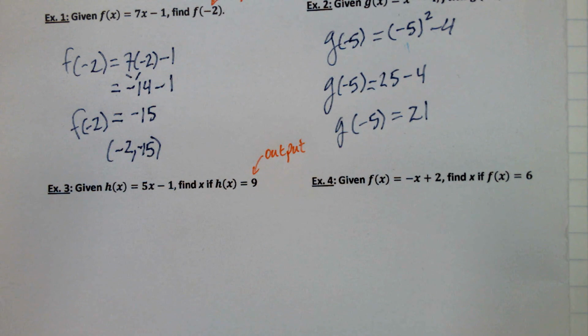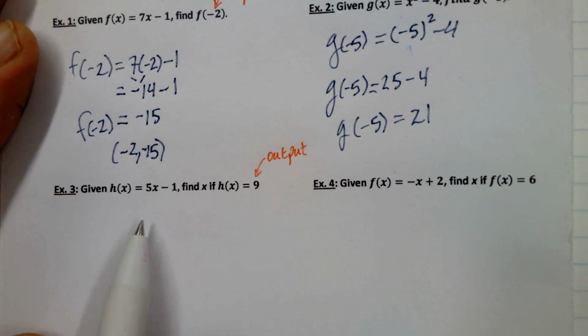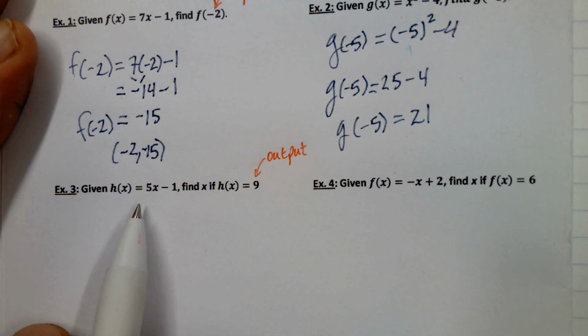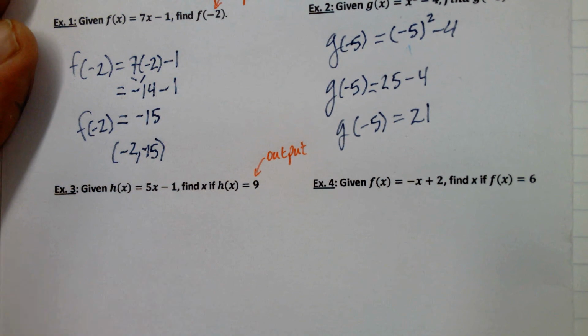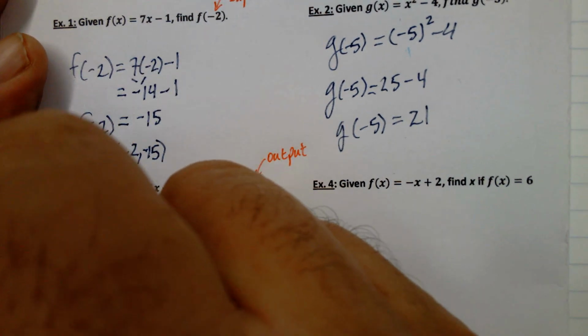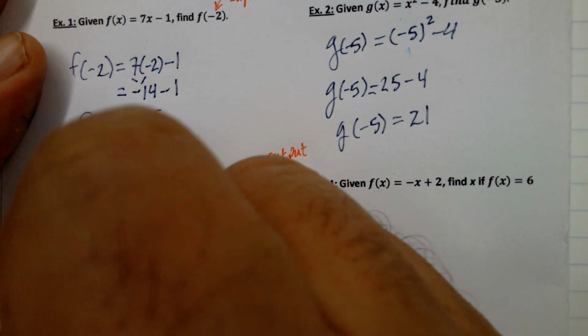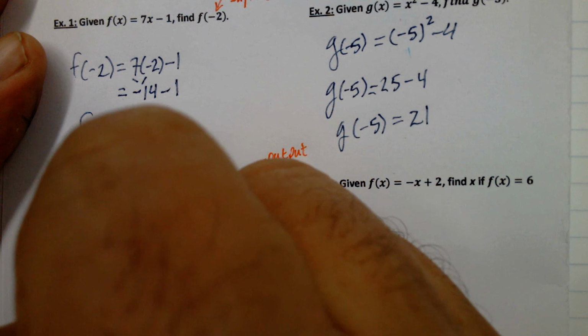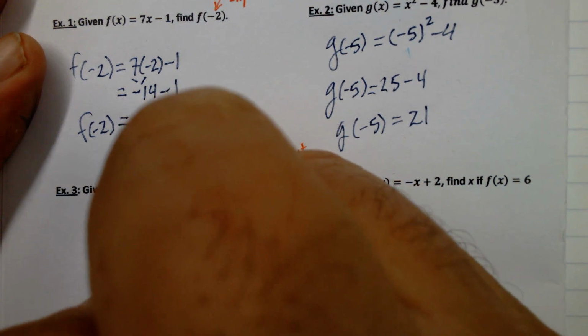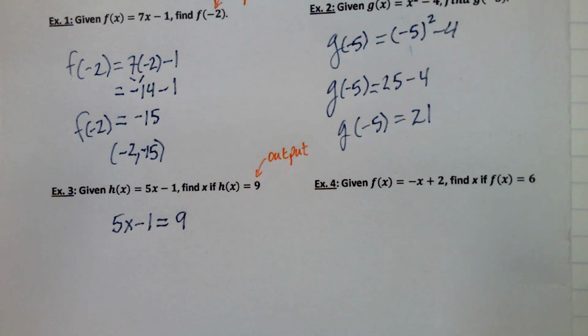So what we're going to do, we're going to write the equation. What the equation is, 5x minus 1. And that should give us an output of 9. Okay. So when they give us the output, we just,